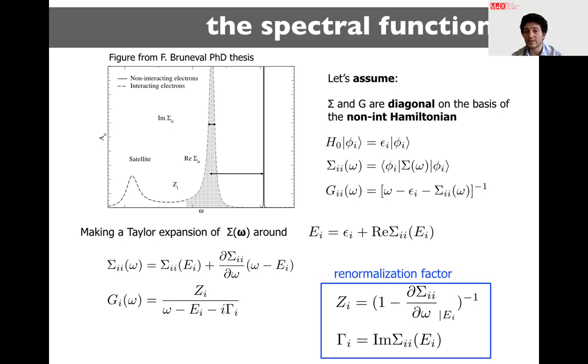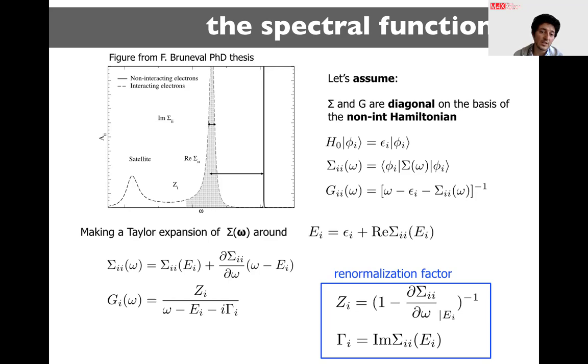And then if we do a Taylor expansion of this frequency dependency of the self-energy around this E_i energy, that is the non-interacting energy plus the real part of the self-energy, basically we can rewrite the resulting Green's function in